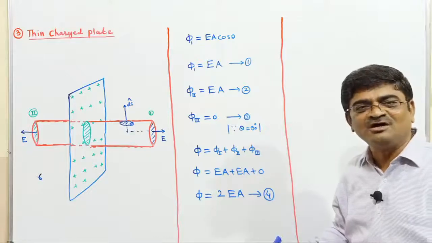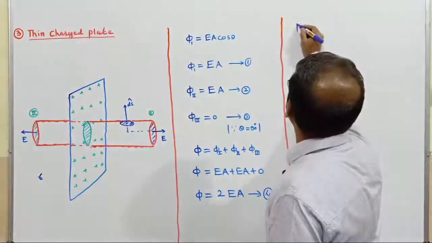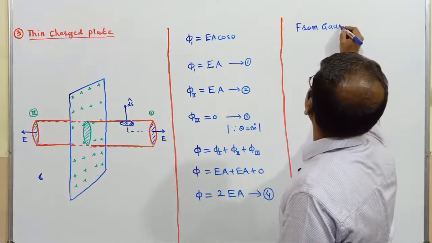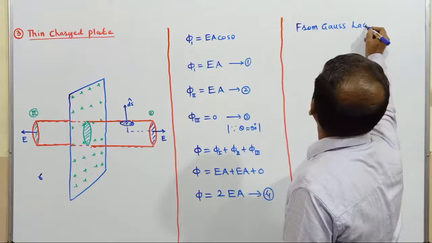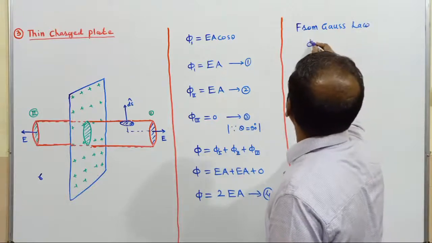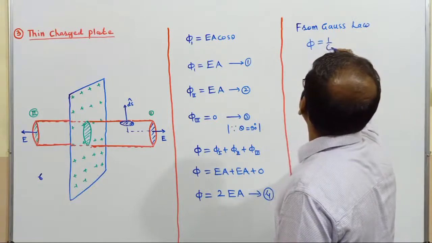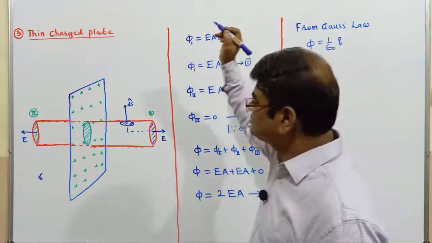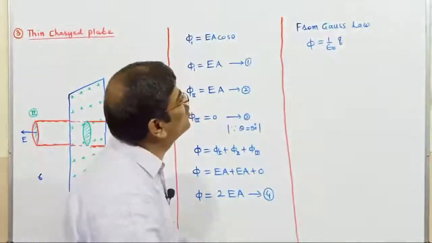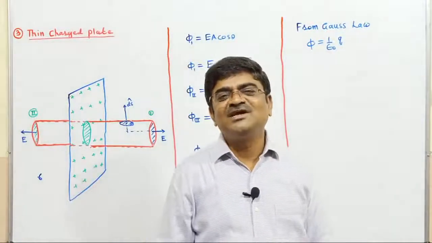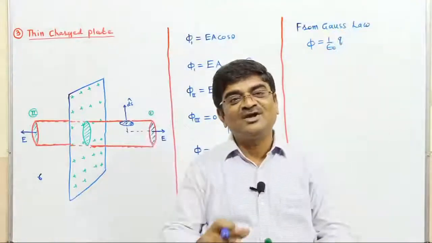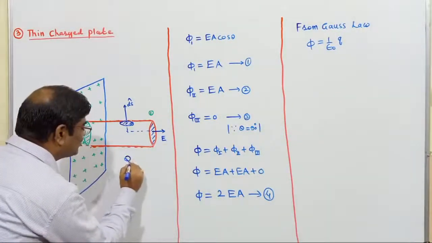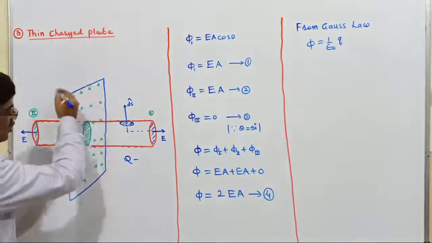From the Gauss law, the flux through the Gaussian is 1 upon epsilon 0 times the charge enclosed. Look here children, again I am writing small q. Let us say the total charge is capital Q,